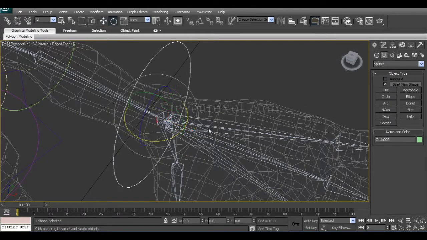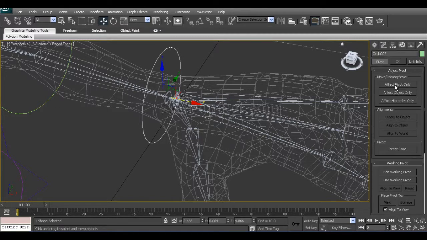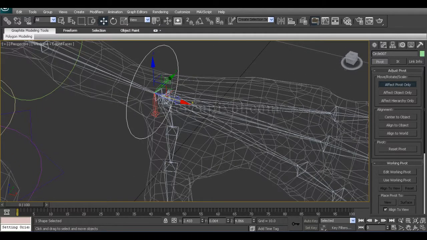Then again I have to change the pivot point, world, make it 0, x is 90,